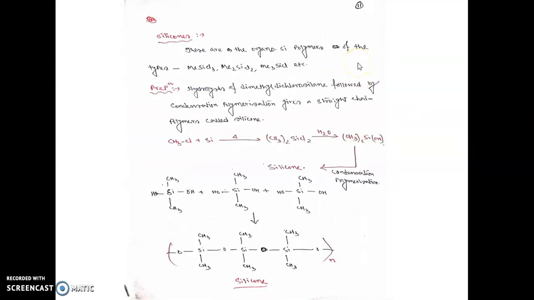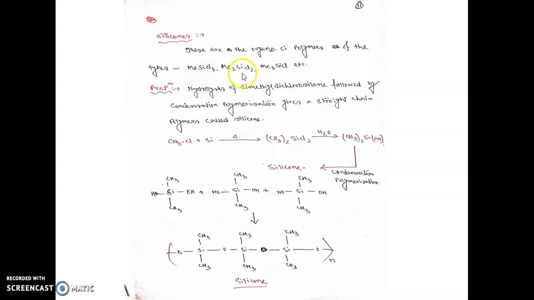Now let's move on to the next one, that is called silicones. This type of material is very important. These are mainly organosilicon polymers. These are polymeric compounds which are formed by the fusion of organic materials and silicon, and ultimately they are polymeric compounds. And they have the types of compounds formed like